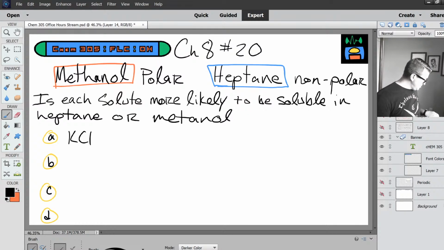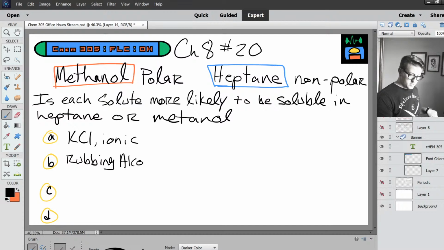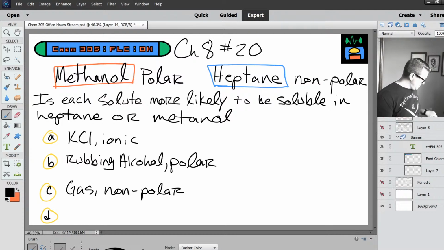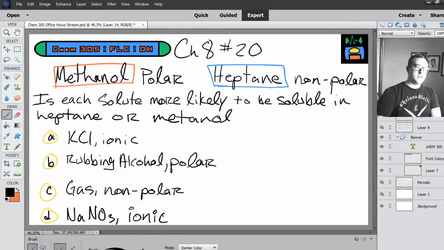Let's see, KCl, which is ionic, rubbing alcohol, which is polar, gasoline, which is nonpolar, and sodium nitrate, which is ionic. All right, now